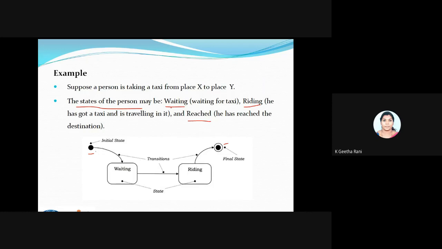See here, I'm using a transition. As I said, the transition is a solid, dark arc with an arrow. From the initial state, waiting is the first state, and then it goes to the riding state. This transition tells us that when I reach the destination, I'll go to the final state.